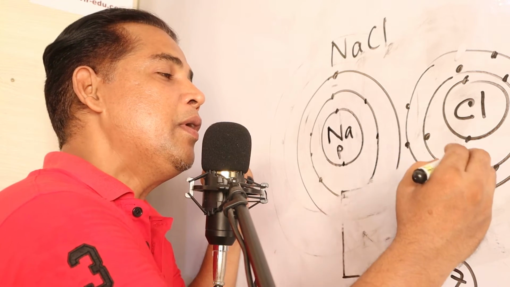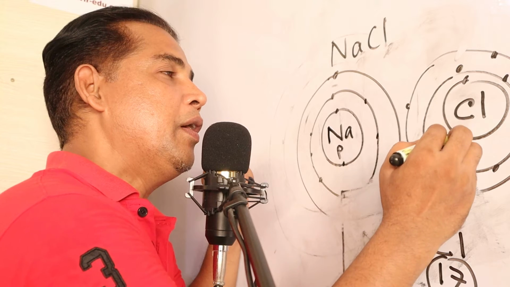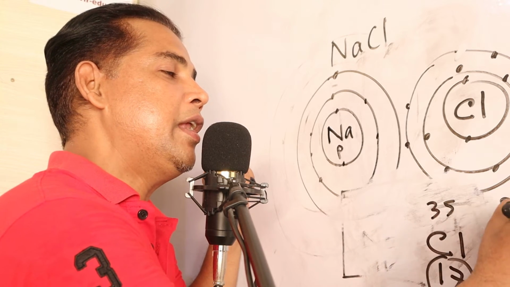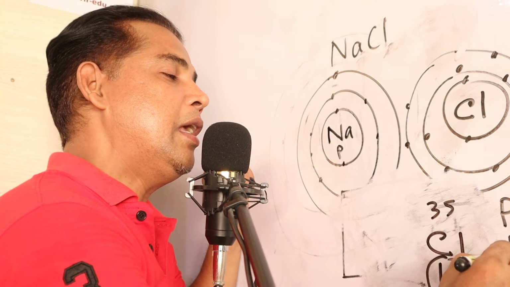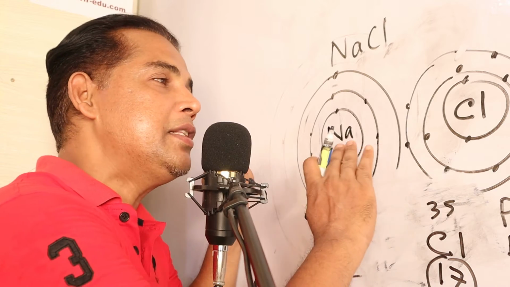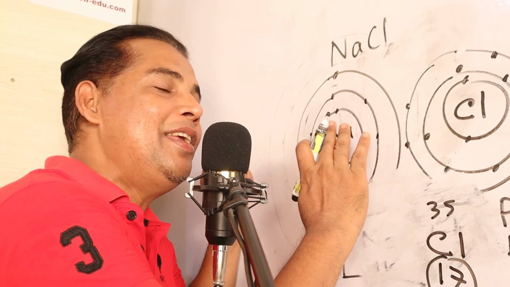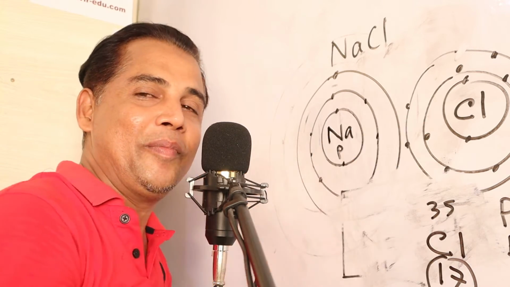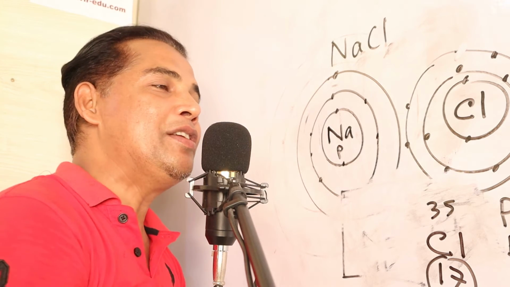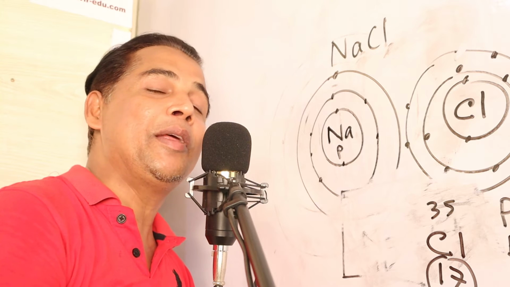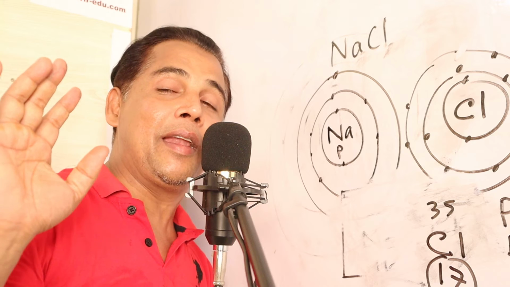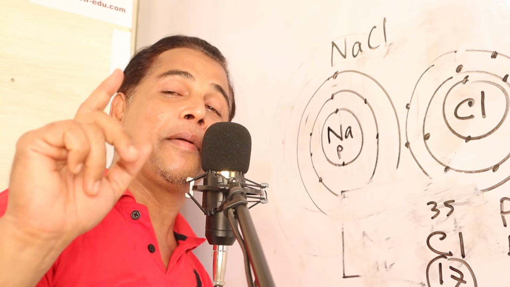But this chlorine, the number of protons is 17, and electrons also 17. But this is the picture of this in the periodic table. All are pictures, and this is in the periodic table. Whatever the picture you watch, these are pictures of a tiger, meaning it never attacks people.